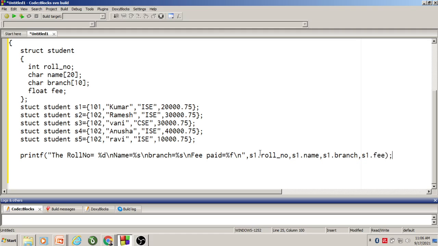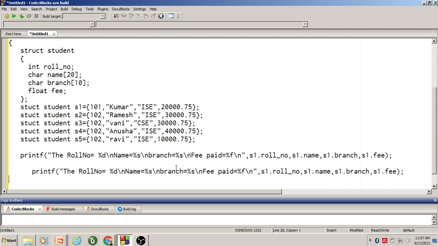This is the first student information I am displaying. One thing you can observe is we are accessing the members of the structure by using the structure variable name and dot operator. Without a structure variable name you can't access it. The dot operator allows us to access the structure member.